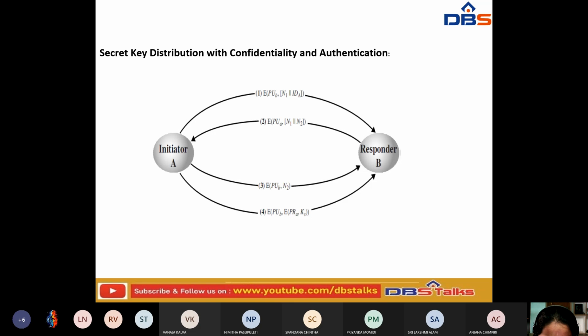So just like this, the entire process is going on. See what is the process that is applied between the sender and receiver, at both the sender and receiver side. The data that we are going to apply here is, suppose, E of PUB and N1 of ID of A. So if you have observed this particular data, here it can be identified as E of PUB comma N2. This is sent from the initiator, and the responder also receives that message.